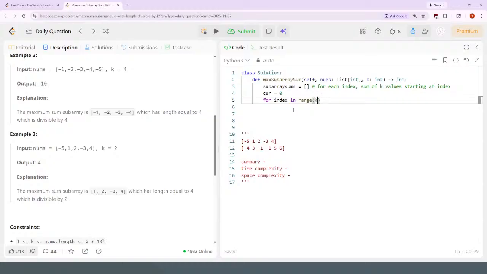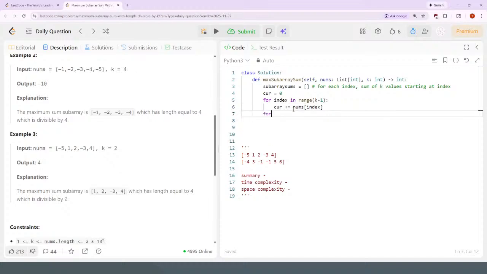So I think this should be k minus 1 if k is 2. Current plus equals the value at this index. And then this is kind of sliding window to create the subarray sums. So for every index in range of k minus 1 to the length of the array,